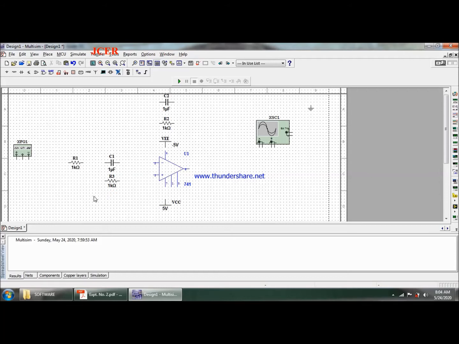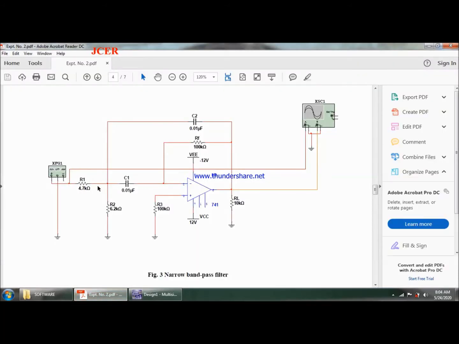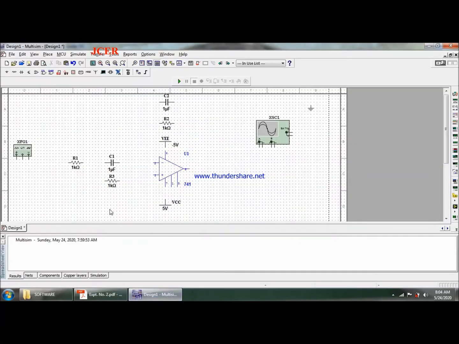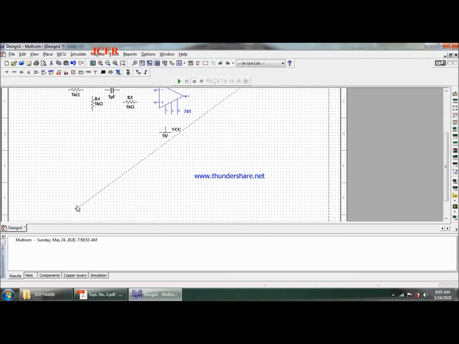And one more resistor at the junction of R and C, placed in a vertical manner. So just press Ctrl R and place this component. I also have a ground terminal which will be required to provide ground to the circuit.